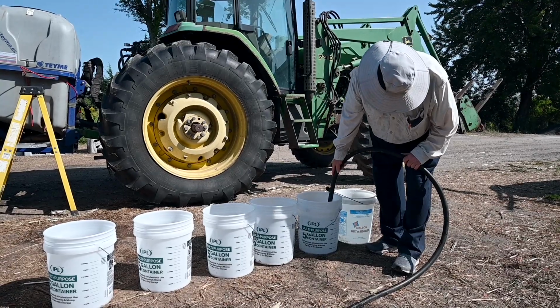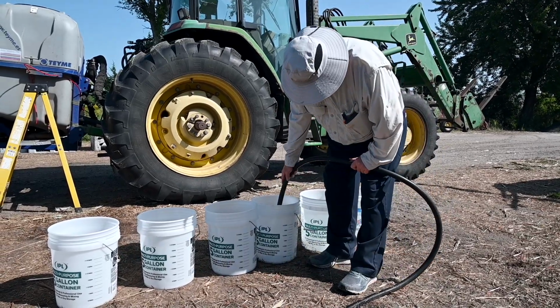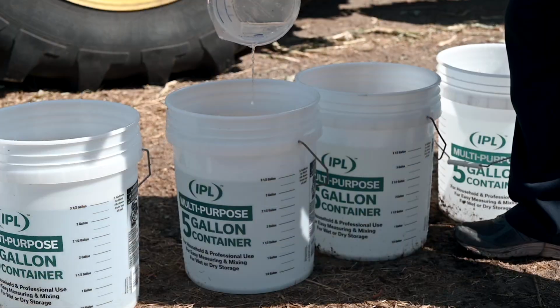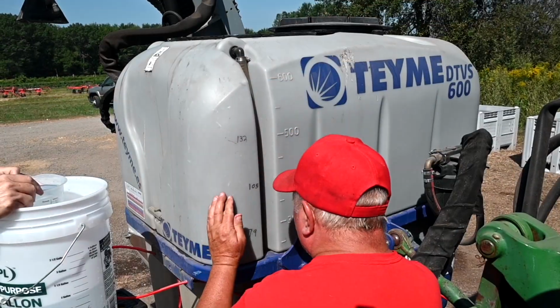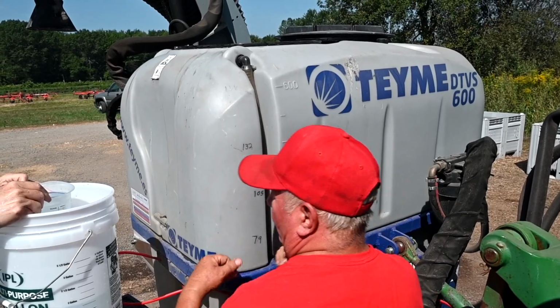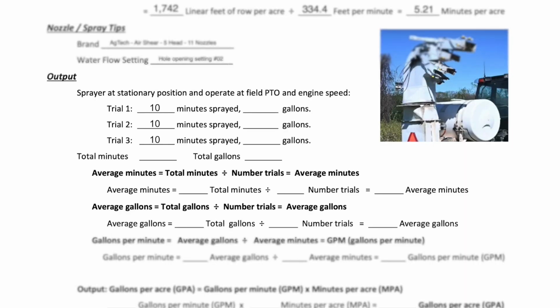At the end of the 10 minutes, we refill the sprayer to the point it was before spraying, carefully measuring the amount of water it takes to fill the sprayer back to the original starting point. Then record the number of gallons it takes. For this example, the measured amount of output was 85 gallons. Repeat the process 3 times in order to determine an accurate average spray output. The second test recorded 86 gallons sprayed, and the third test 84 gallons. Determine the average output of the 3 test sprays.